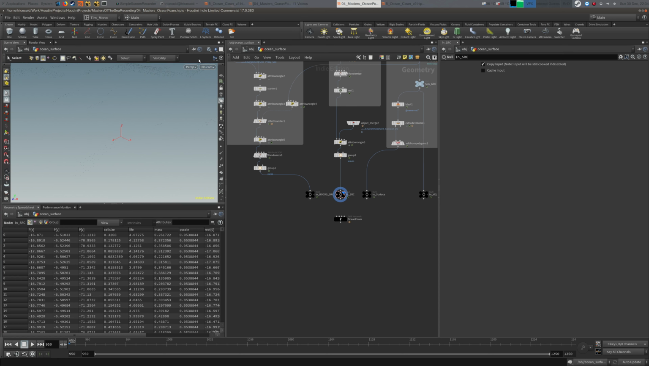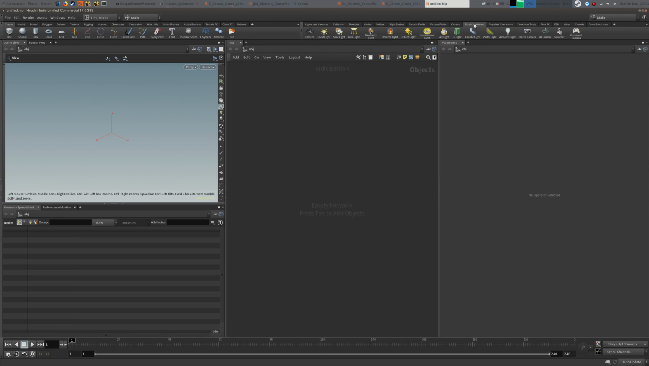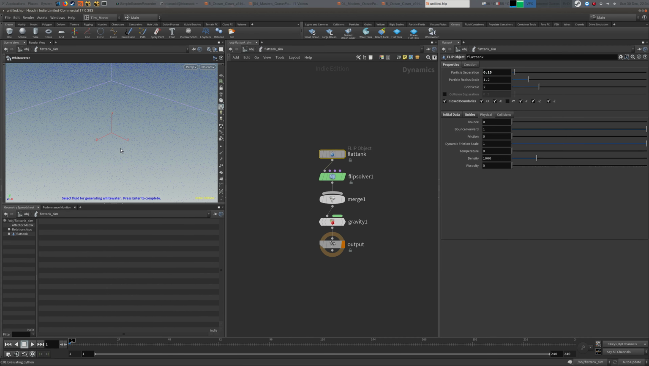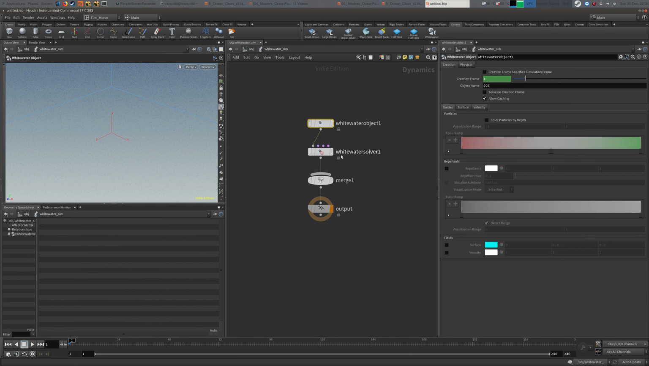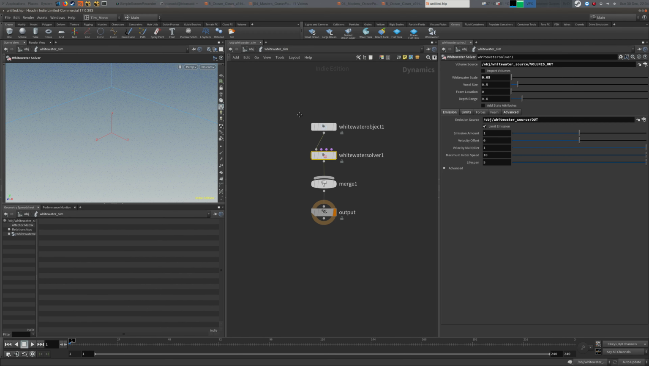So if we open a new Houdini and just maybe create the regular ocean flat tank, let's create a flat tank, and then the whitewater itself. Okay, all right, so whitewater solver, I think it was in,